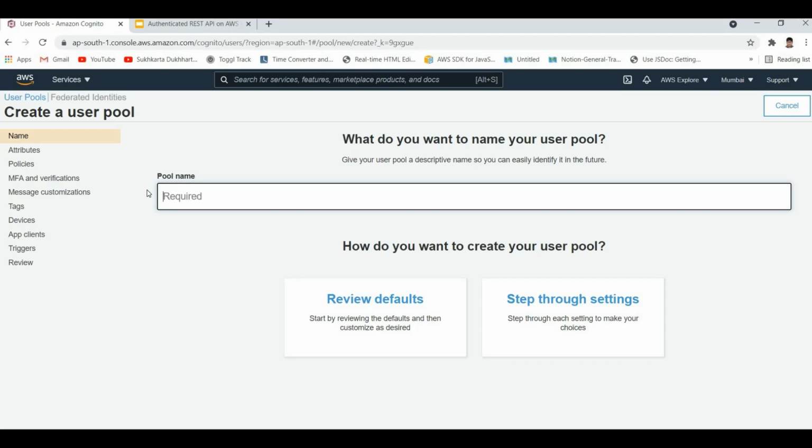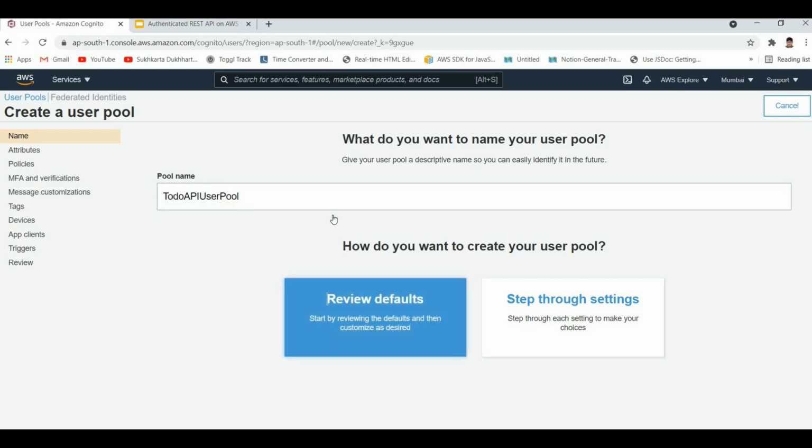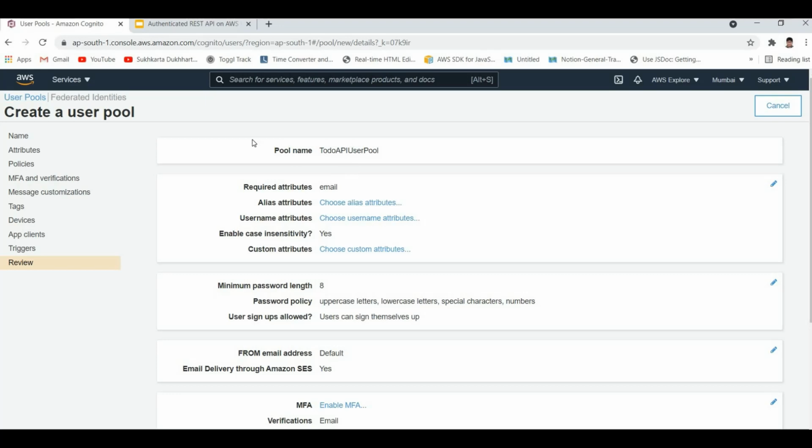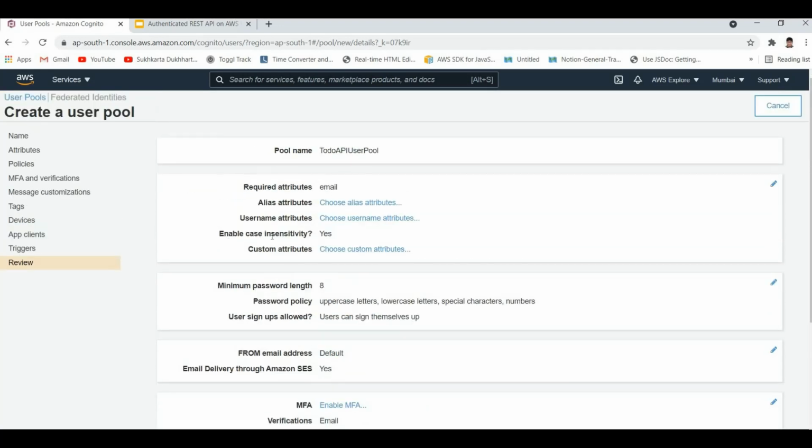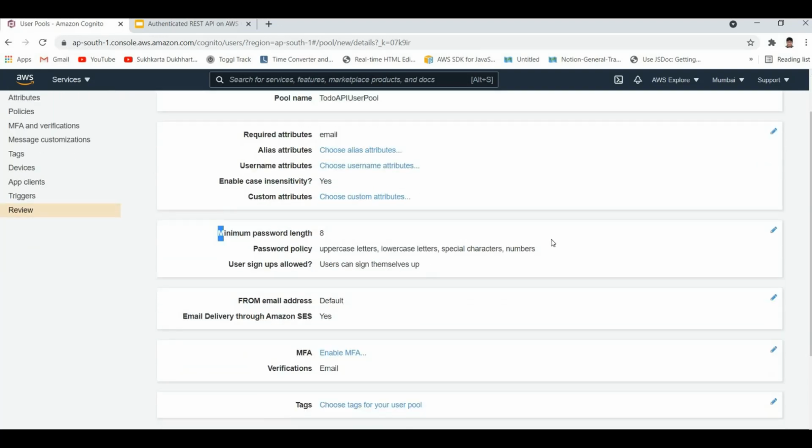So for now, I am giving this user pool a name, say for example, todo API user pool. And I am clicking on review defaults. So these are all the default settings I chose. And here we can see that by default it will take email as a required attribute, and there are